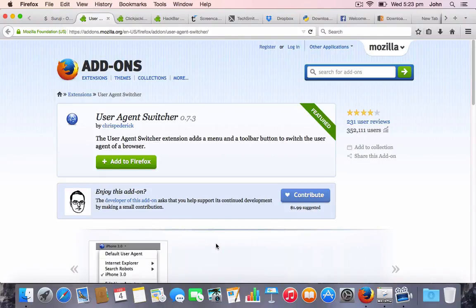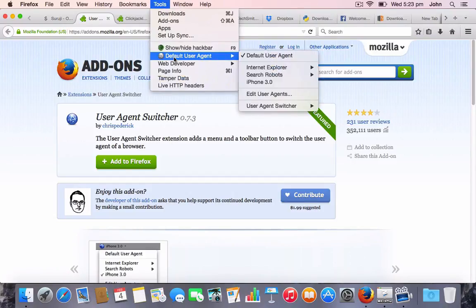Mostly developers host the mobile version on m.xyzdomain.com, but sometimes a website loads the mobile version after detecting the user agent. With this extension you can change the user agent to mobile and view the mobile version of any site. Trust me, sometimes the mobile version holds different code compared to the PC version, so there are big chances of getting a high impact vulnerability. Now to test this user agent, just go to Tools, Default User Agent, and simply change it to